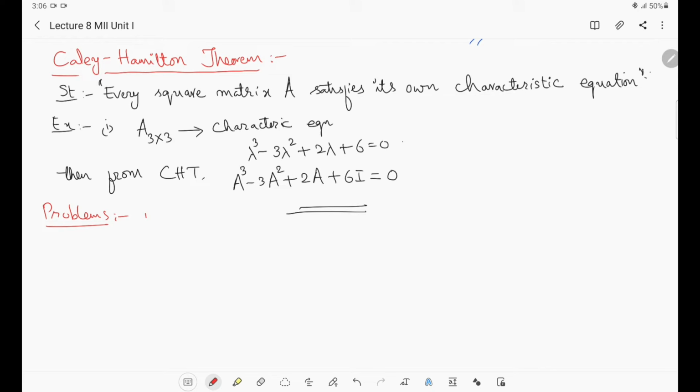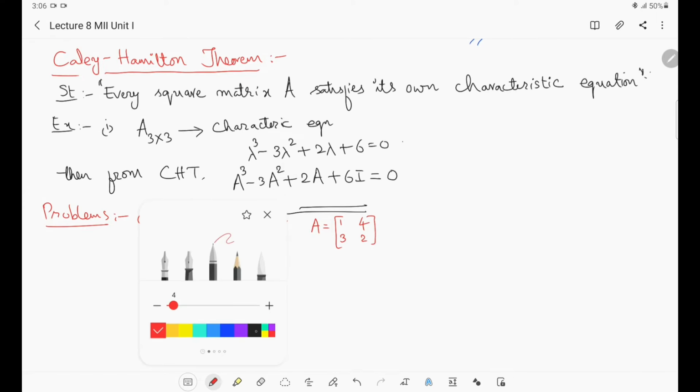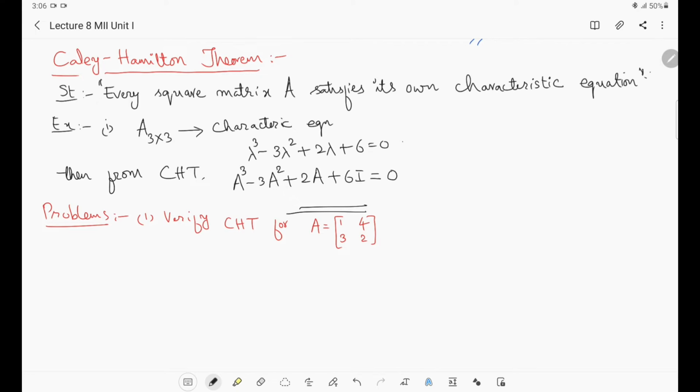Right. So, first problem is verify CHT, Cayley-Hamilton theorem, for the matrix given to be A equals 1, 4, 3, 2. So, these are the entries in the matrix A. Now, we have to verify whether Cayley-Hamilton theorem is true or not, right. To verify the Cayley-Hamilton theorem, we have to find the characteristic equation for this, then substitute the